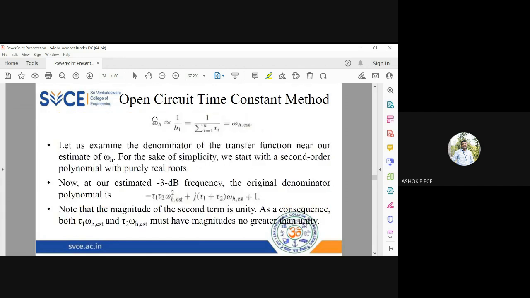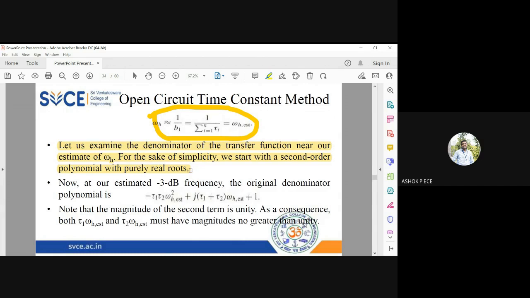So approximately the upper cutoff frequency is going to be 1 by b1, or 1 by summation i equal to 1 to n of tau i. As we've seen in this equation, it is dependent on the first order pole. And whatever you calculate is the estimate; the actual upper cutoff frequency value will be different. So what you find here is the estimate of omega h. So omega h is the upper cutoff frequency. So now having understood